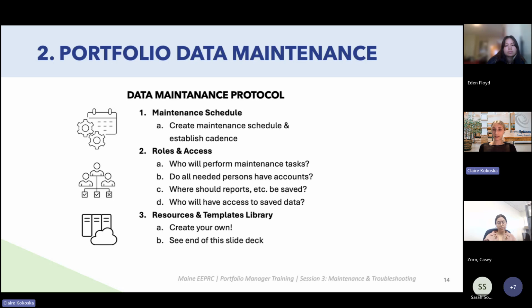And who will have access to those saved reports and other data that you pull from Portfolio Manager? Will that be in a central workspace that is shared and owned by the facilities department, or will that be housed under your community's sustainability team, or under the town manager's office? And just figuring out the nuts and bolts of how this will work and where the data will be organized and stored,